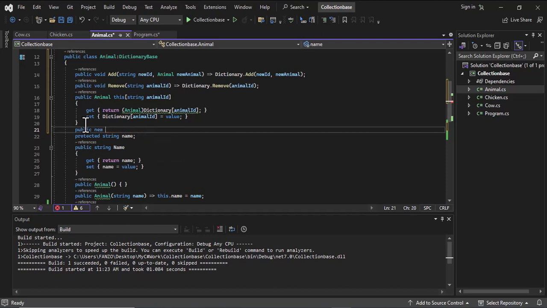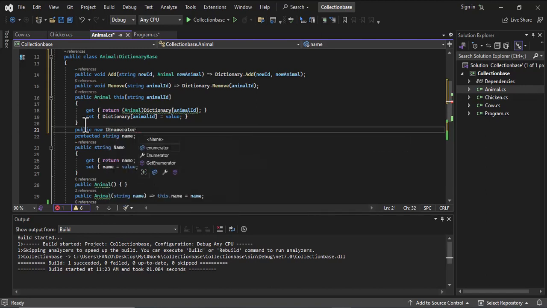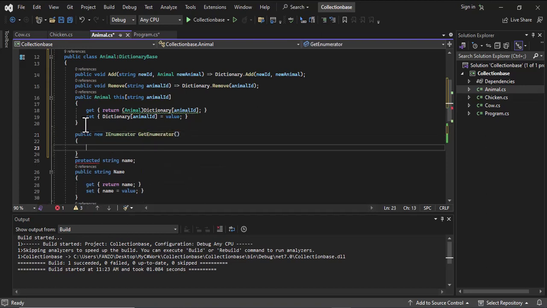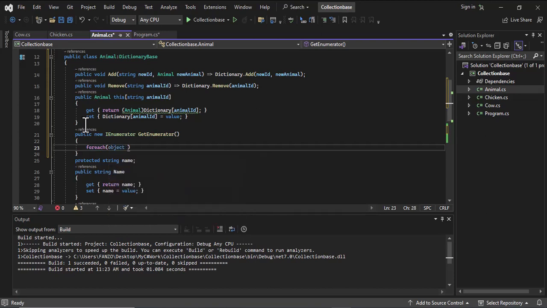Let me say new IEnumerator, and then we have a GetEnumerator, and it is a method that accepts no arguments. And then what does this method do? This method, via a foreach loop, is able to do the following. So it is of type object, and I will call this animal